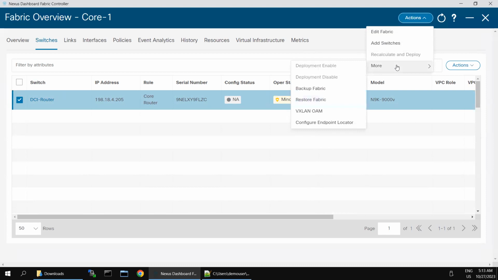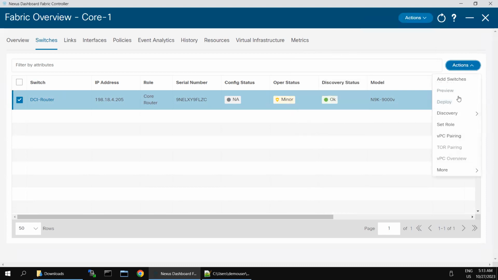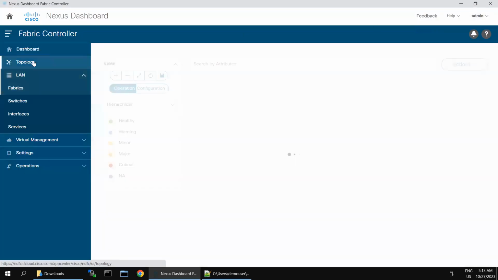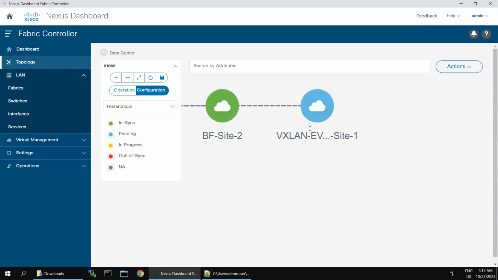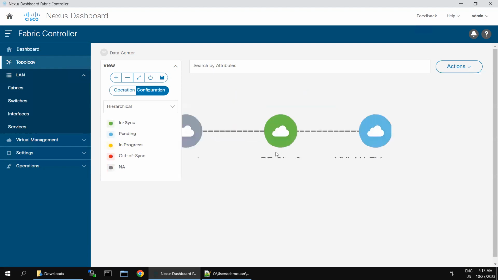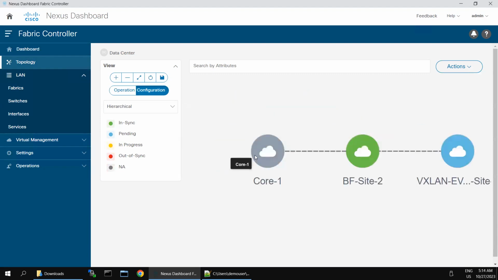So we don't have that option, but anyways, if you see here, you'll see that everything actually is got synced now. So what we can do further, that we can quickly go to the topology, and now you will see that we have the core that is